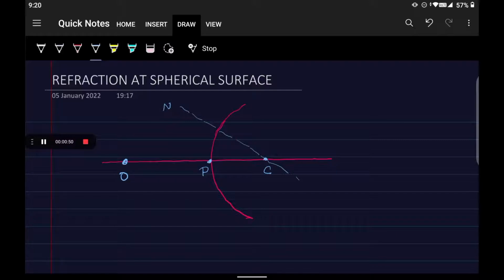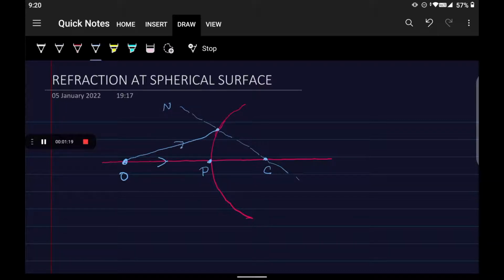So two rays we can take. One ray passing through the principal axis. If the ray passes through the center of curvature, it will act like a normal, so it will not undergo any deviation. Only passing through will occur because it is called normal incidence. The other one will suffer an angle; the other ray I am discussing here is a ray of light passing from point O.